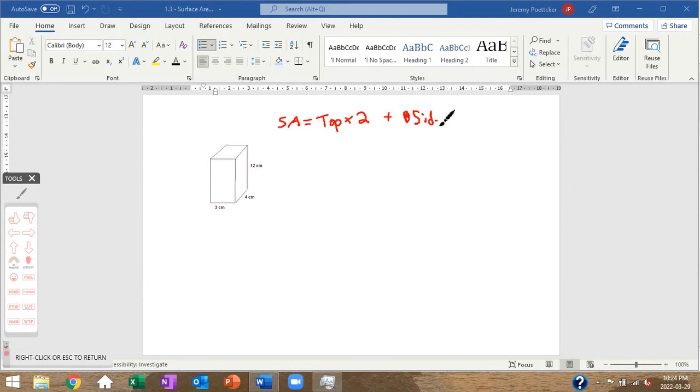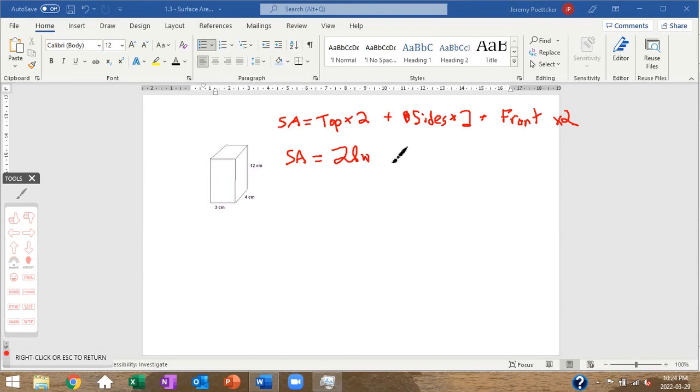Top times 2, plus sides times 2, plus the front times 2. Lovely. Now, if you want the formula, surface area